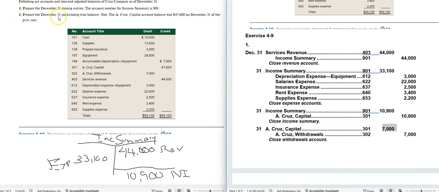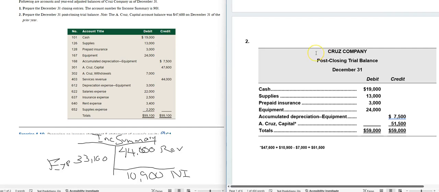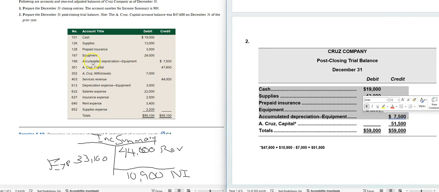So if I were to prepare a post-closing trial balance, essentially there would be nothing left other than the permanent accounts: assets, cash, supplies, prepaid insurance, equipment, and the contra asset account. And it looks like this was a very lucky business that didn't have any liabilities. And now the owner's capital account, which had ended the year with $47,600,